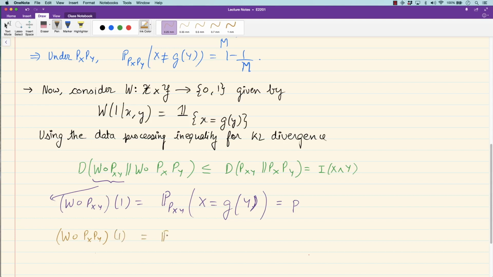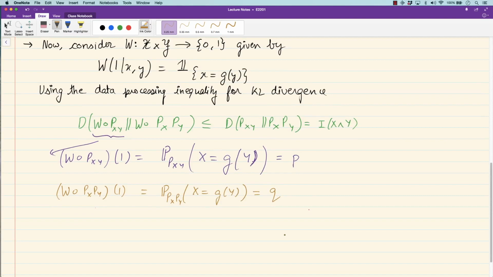This is again the same probability of correctness, but under the independent distribution. This is under p_X p_Y, and this is q. Sorry, probability of correctness, not error, correctness, and this is q. Okay. So then we can expand this divergence here